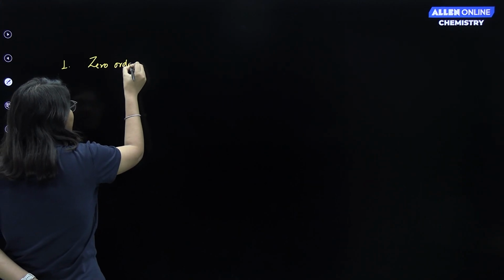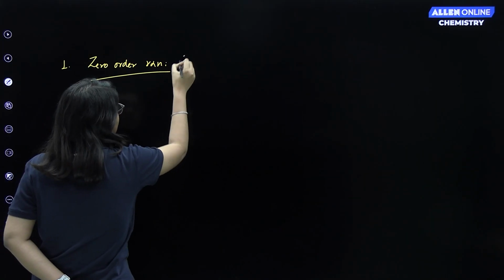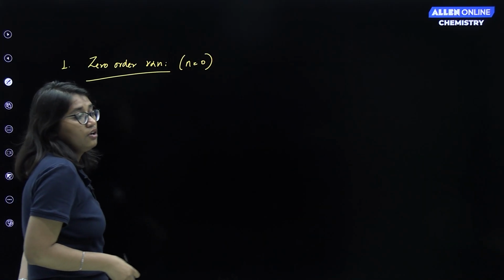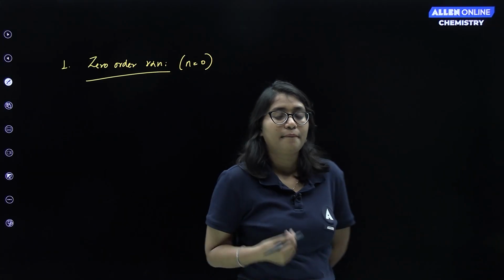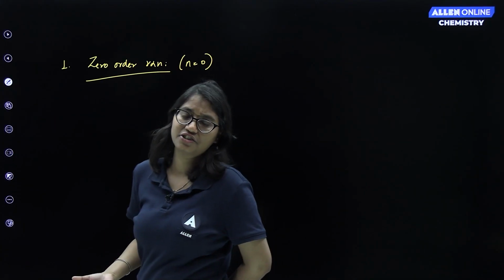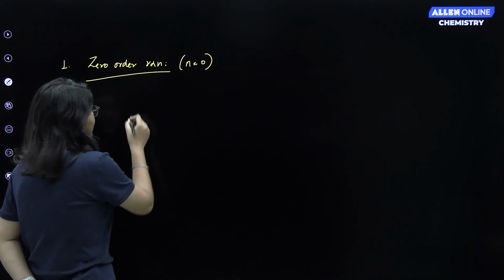For zero order reaction, as the name suggests, its order must be 0, that is n is equal to 0. For zero order reaction, rate doesn't depend on concentration at all. Even if concentration changes, rate remains the same. So for this we can write as